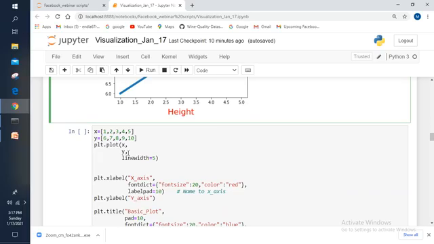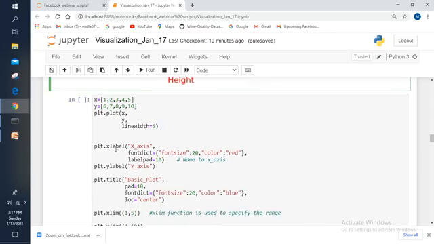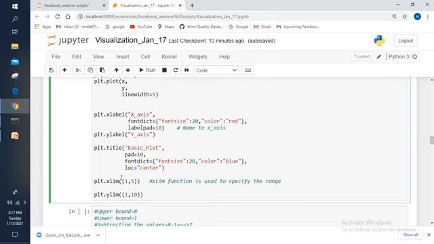Right. See, I'm passing the same data which we discussed previously through the plot function, and the xlabel, ylabel functions and the title also, but additionally I'm giving the xlim function and ylim function. Inside the xlim function I'm specifying the range within parentheses.